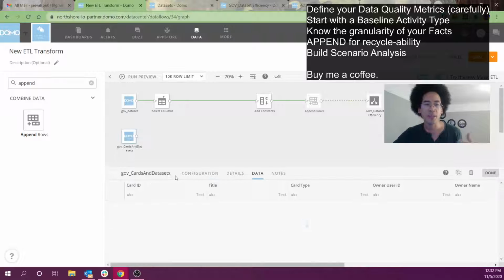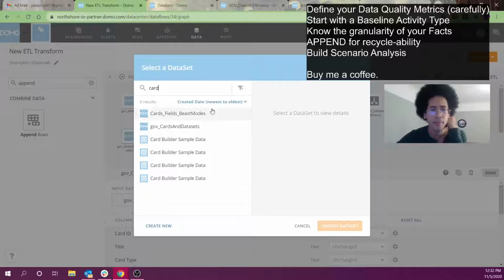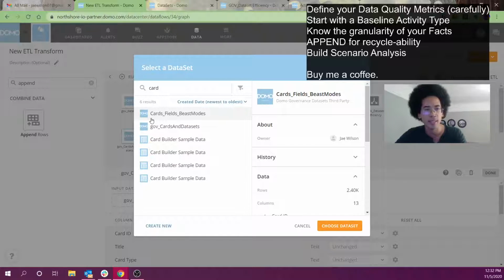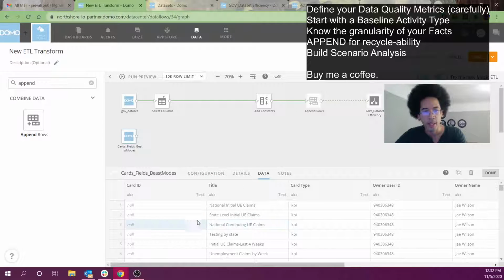So even though this is the perfect report, given the name of the thing, I can't use it for what I need. There's a couple other data sets related to cards and data sets, but ultimately at the end of the day, we're going to end up using a data set called cards, fields, and beast modes. And this data set,